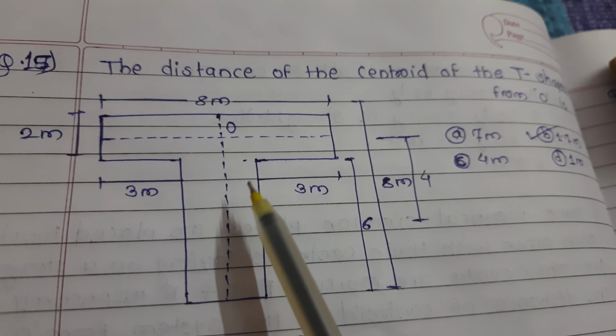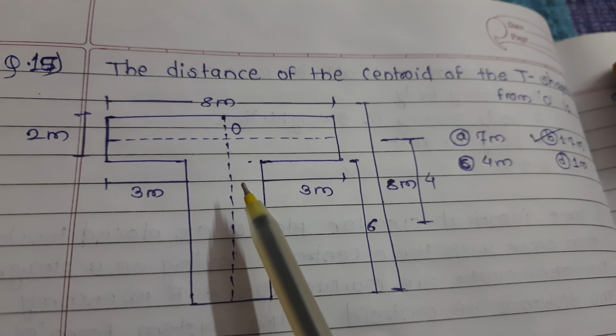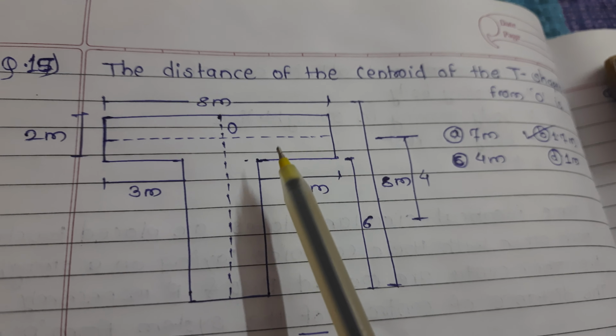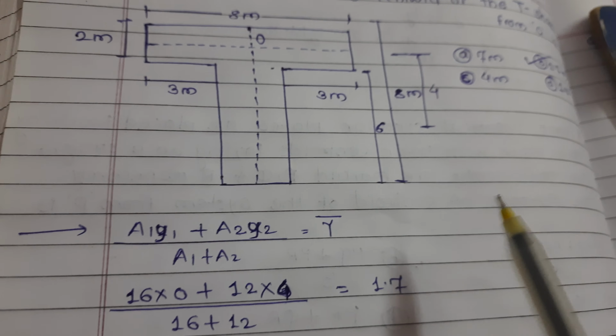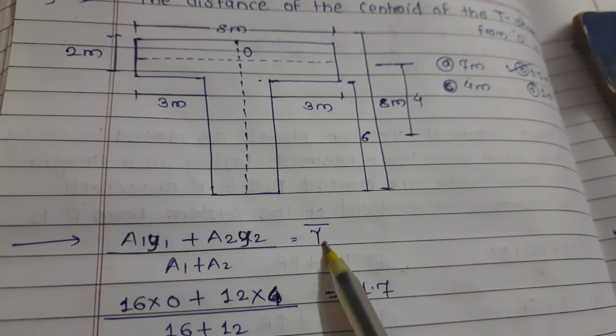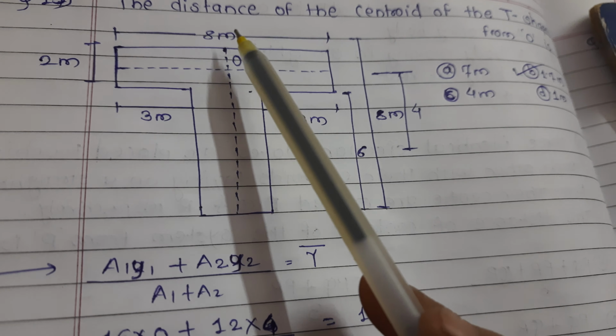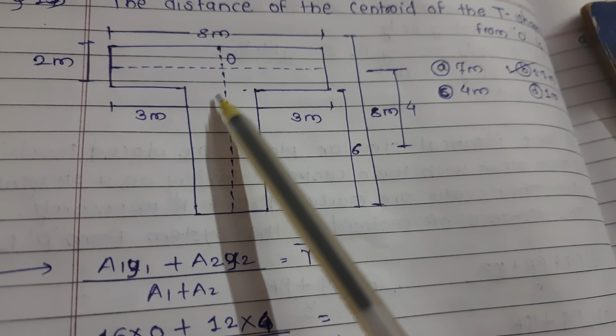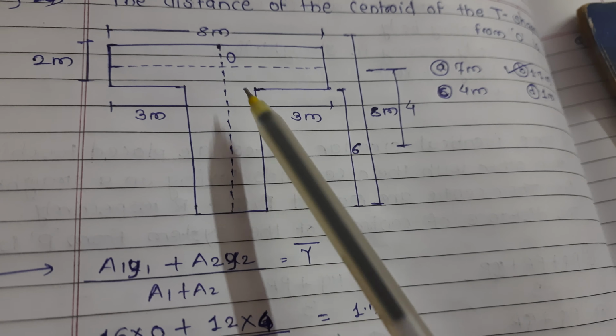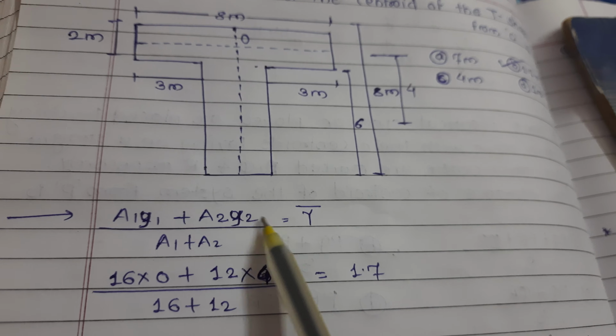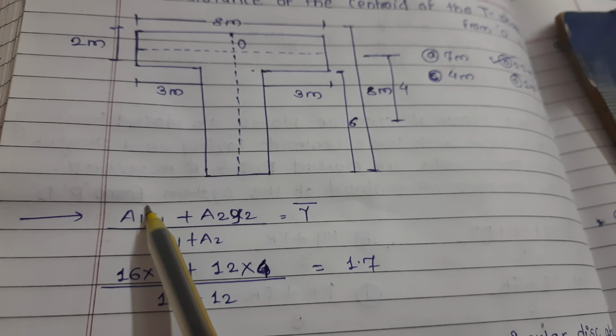We have to use the centroid of composite figure formula. Then we can find y bar easily, because we have to find the centroid on the y-axis. Then a1 y1 plus a2 y2, here we use the bar sign,